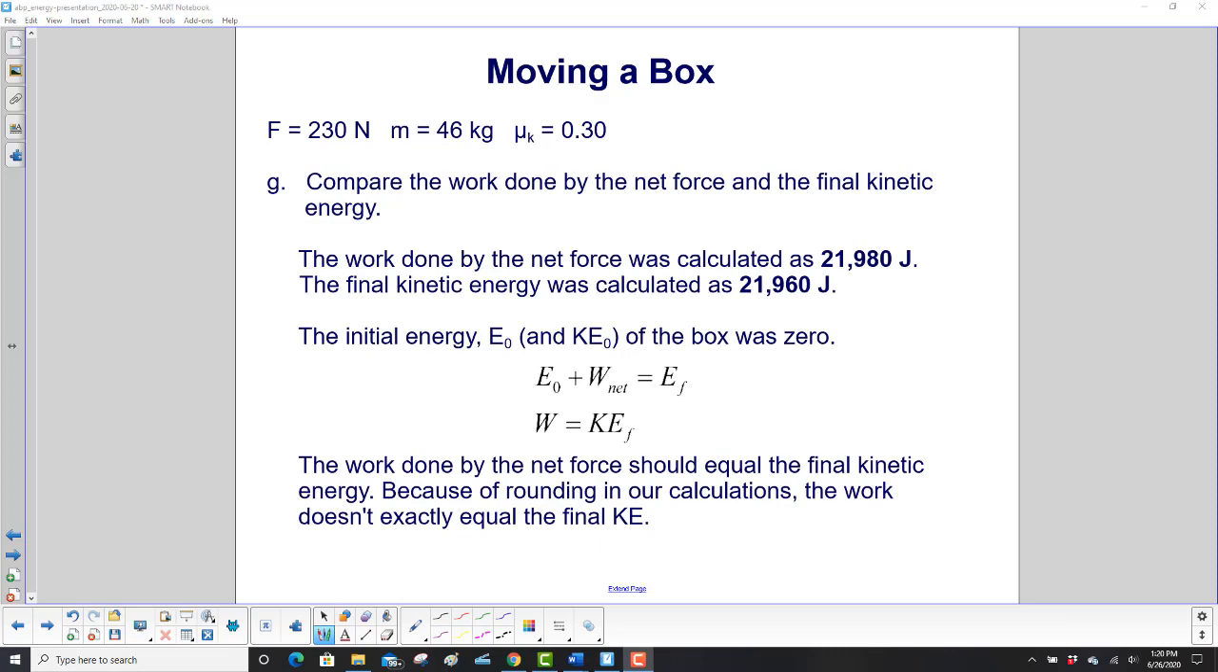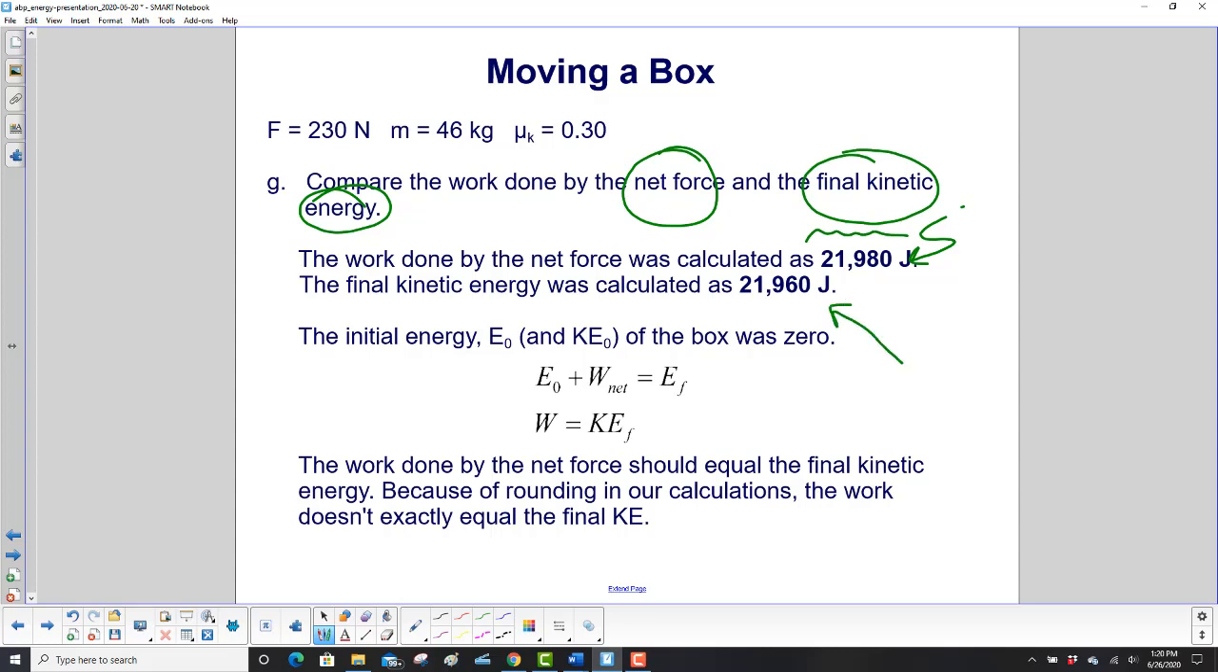Compare the work done by the net force and the final kinetic energy. So we're comparing net work to final kinetic energy. Now you may have questioned why we're keeping 4 digits, because I guess the rule we've been using is just have 3. This time I wanted to do 4 because I wanted to compare these at a closer level. The work done by the net force was calculated as 21,980 joules. The final kinetic energy was